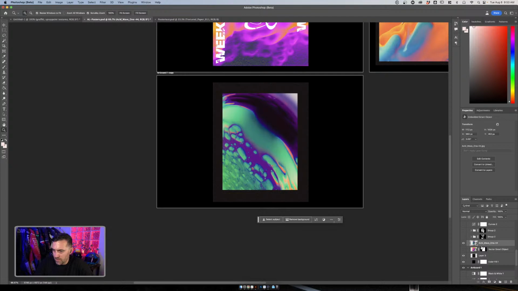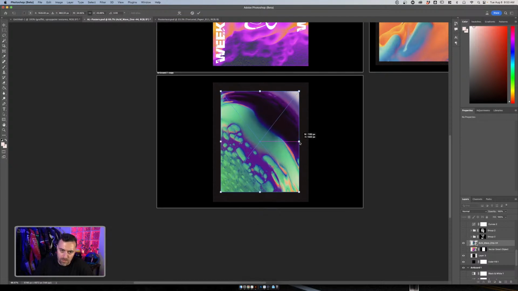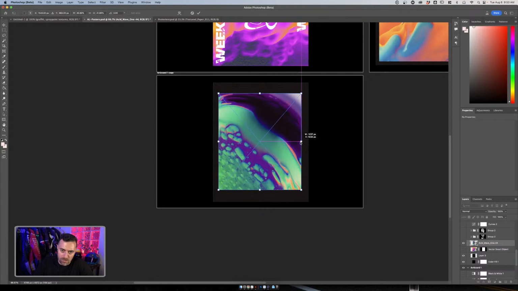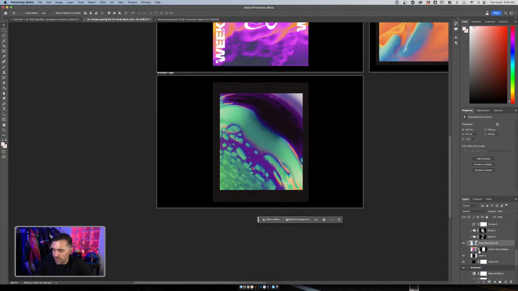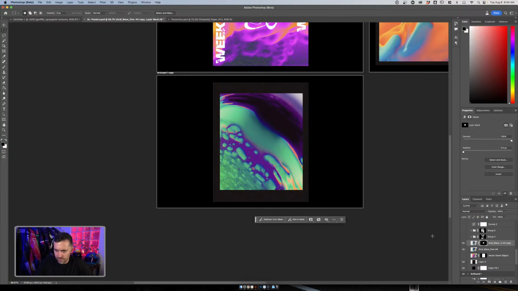Let's see, cool, we can do a quick little copy paste. So we'll just duplicate that. And then what we'll do is we'll just crop like a center chunk, and then mask it.